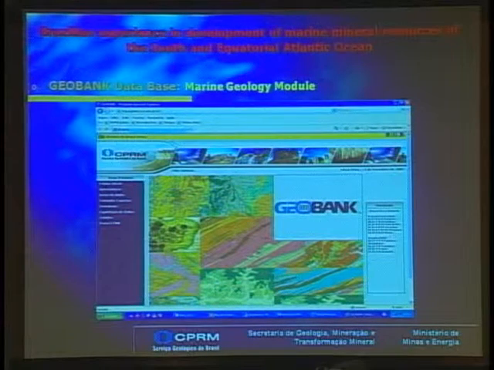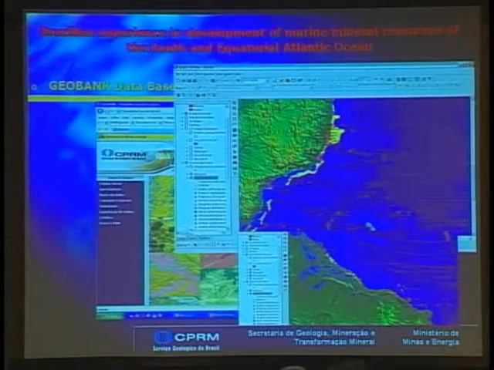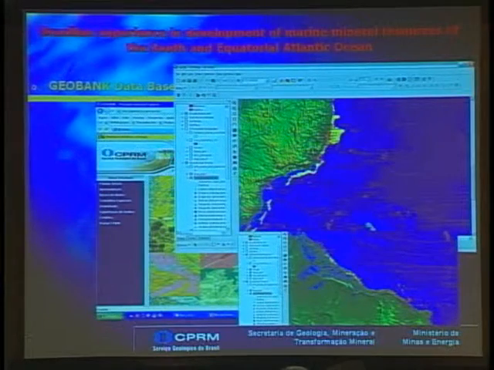It's not yet ready, but it will be available soon. We include all the information we have collected and the new information from the new projects we are developing now. The next one is just an example of data, the location, sampling stations, and so on, that will be included in this module.